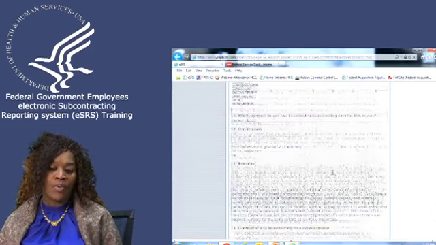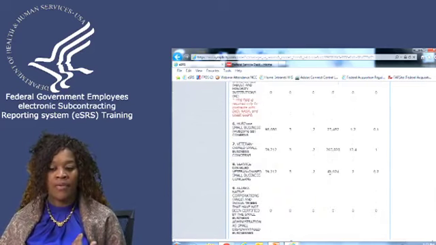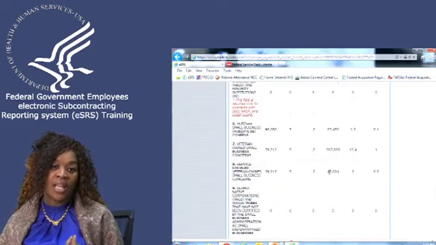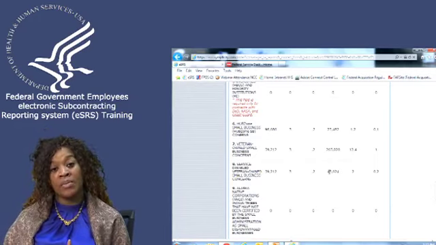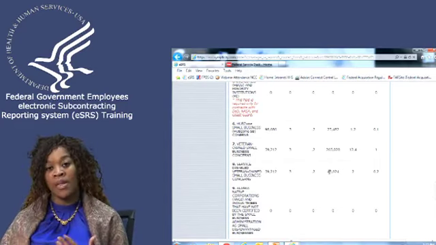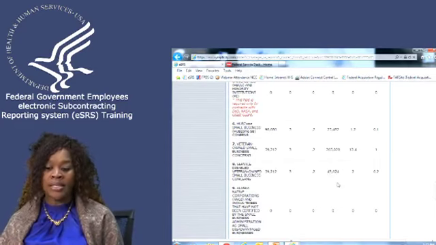If this was a firm that was not meeting those goals during that time frame, I would have rejected the report to ask if I could assist them. Could they explain to me why they're having shortfalls in this area? Explain to me what their plan of action would be, so that we can assist them in anything that they need to do during this time frame.